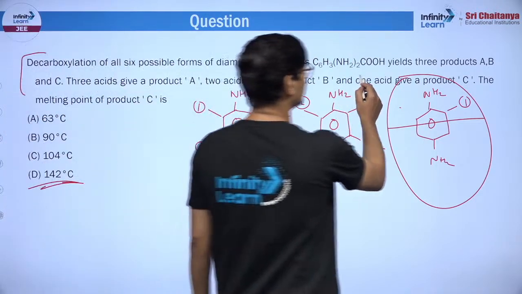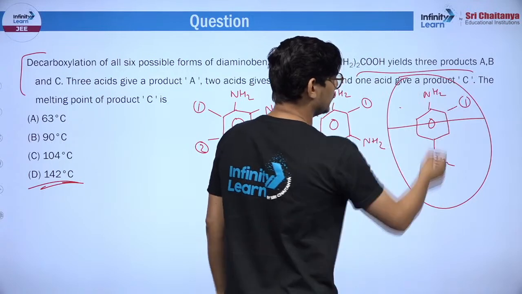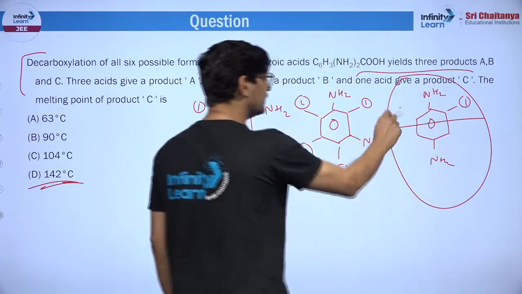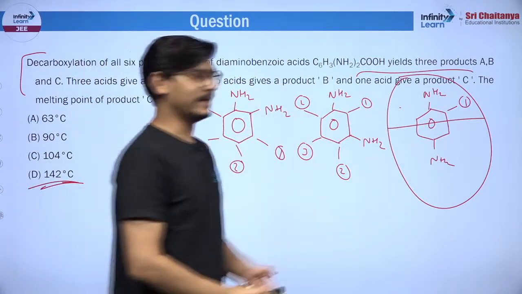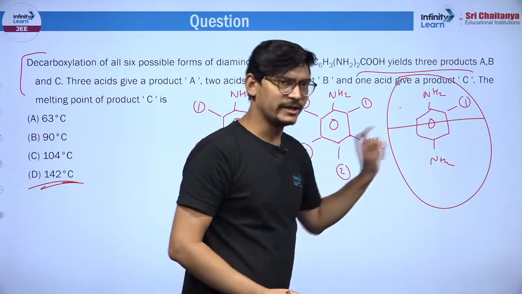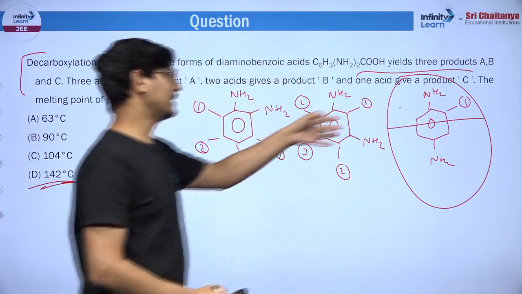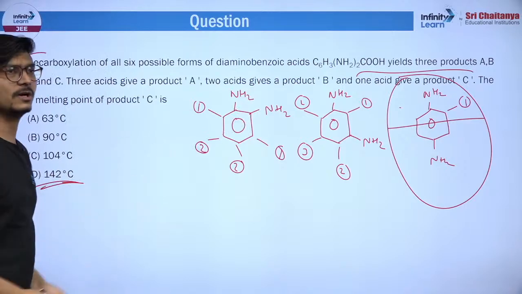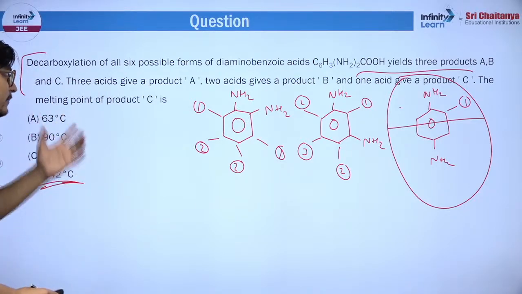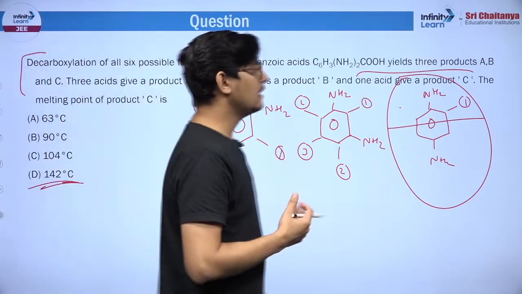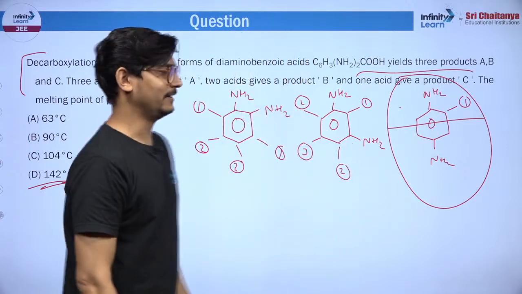Why 1 acid gives a product C? Yes, it is possible only from one molecule. ठीक है, राइट. इसका जो पेरेंट डाइमिनोबेंजोइक एसिड होगा वो एक ही होगा, और इसका जो प्रोडक्ट है C, उसका मेल्टिंग पॉइंट सबसे ज्यादा होगा. तो बहुत ही बढ़िया क्वेश्चन है, ज्यादा कुछ इसमें कुछ है नहीं, बट हाँ लॉजिक लगा है इसमें थोड़ा. ठीक है,